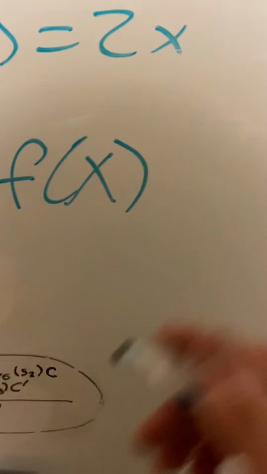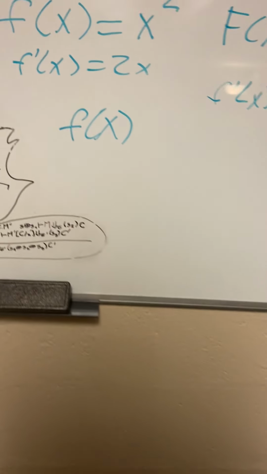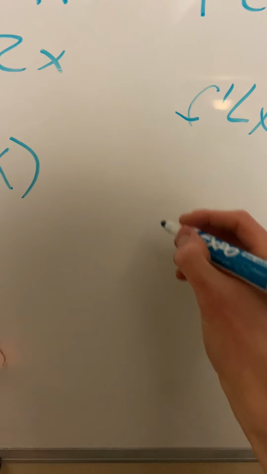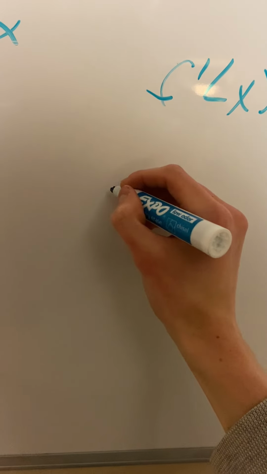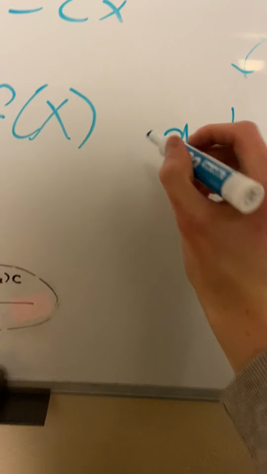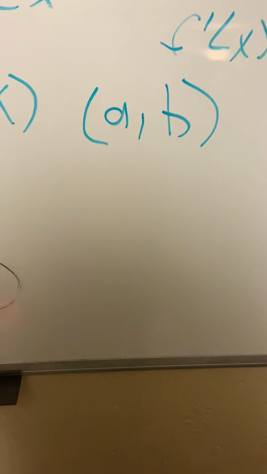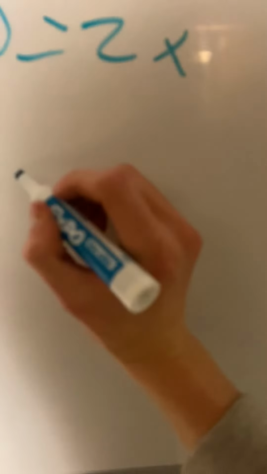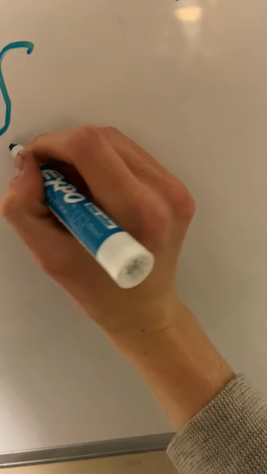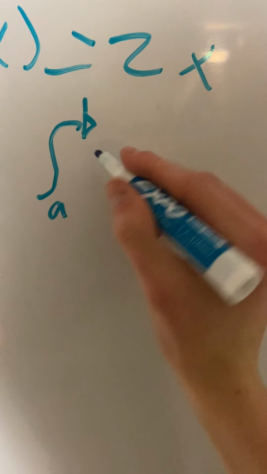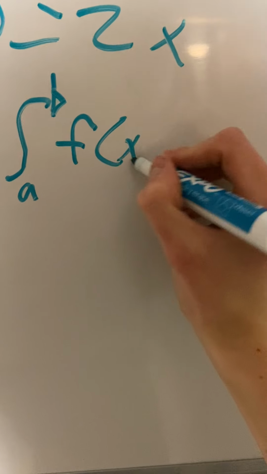We only know how to find the whole area, so we want to find the area under the curve from A to B, in this interval. The way we would write this as notation, which is just custom, is the integral from A to B of